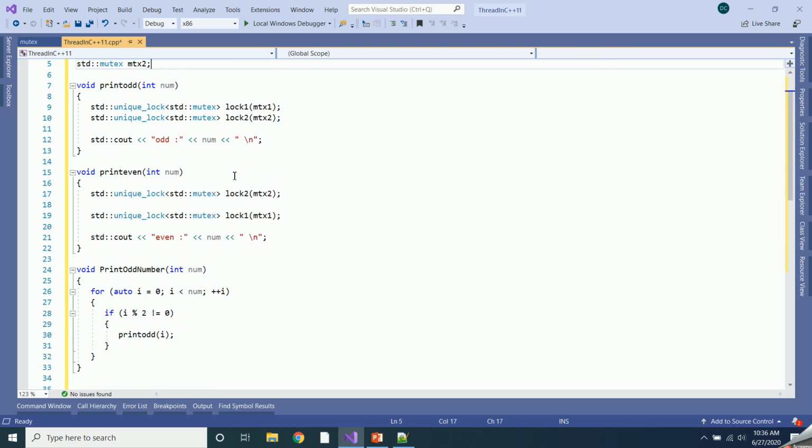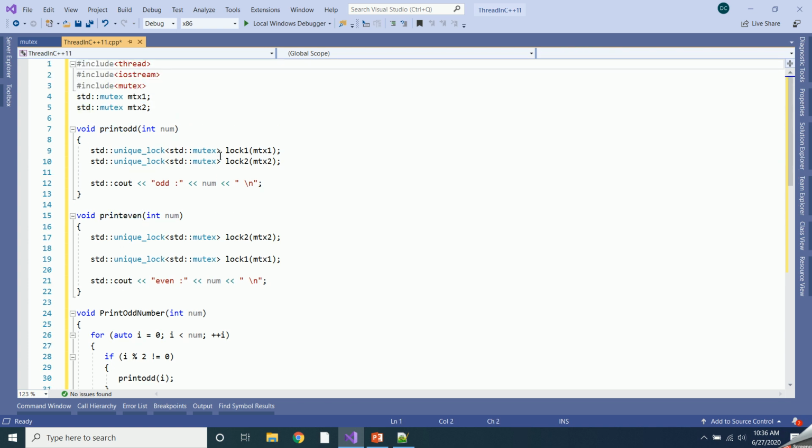In both print odd and print even functions, we are acquiring two mutex locks. Suppose one is just for processing purpose and another is for some security or authentication purpose.